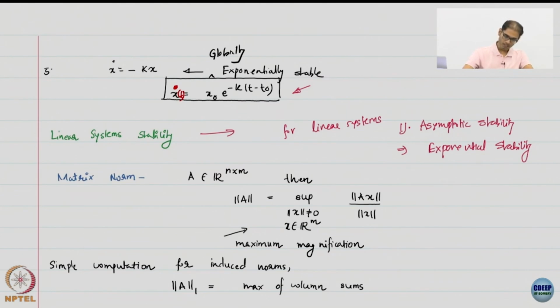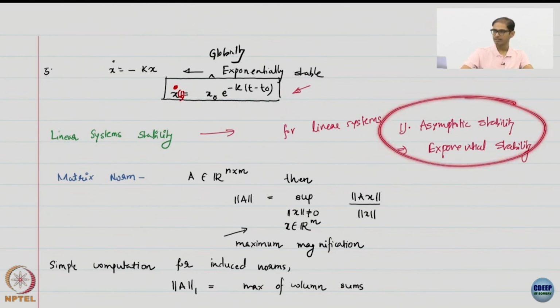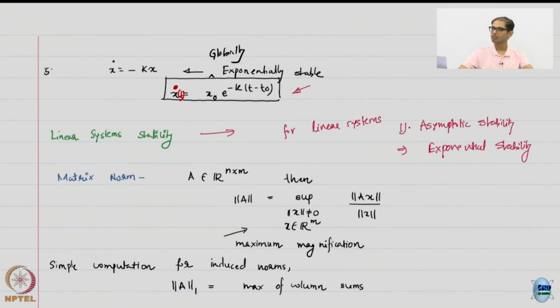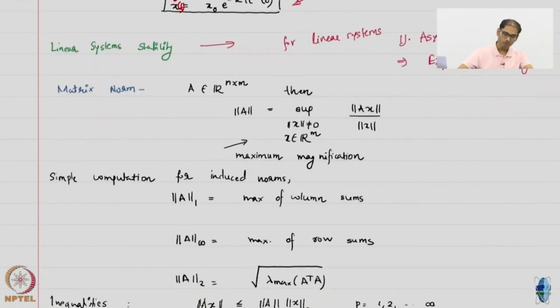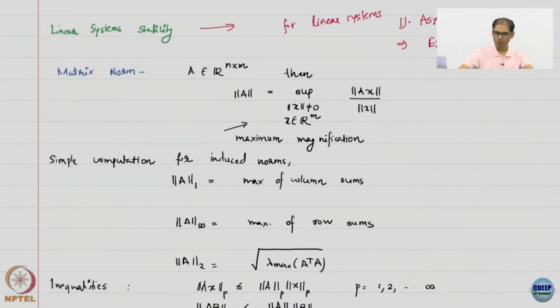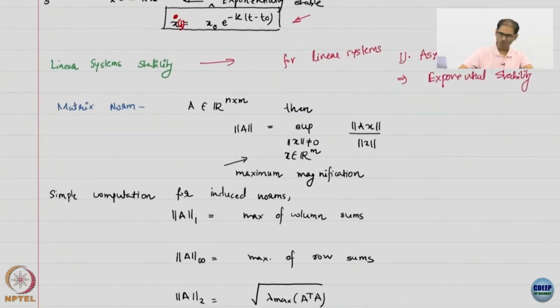Alright. So like I said, for linear systems in general, uniform asymptotic stability and exponential stability are also the same. So there is no difference really. In fact, how do you evaluate it? You just look at the matrix eigenvalues and so on and so forth. It's pretty simple, all of you understand how to do it. You can also do the Lyapunov tests and all the usual things that we have been doing, but you don't have to, but we will look at those conditions.